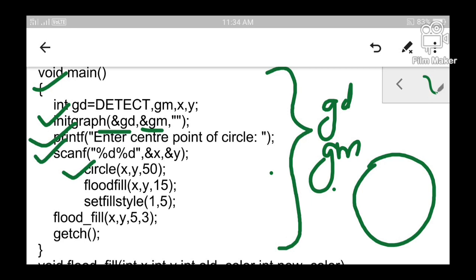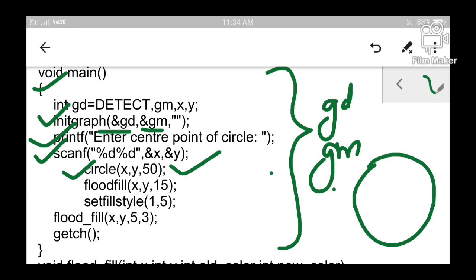Once the values of x and y are read, we can use this statement. So up to this portion we have drawn the picture. Still it's not complete. The interior of the picture should be colored using some color. So to color the interior of the picture drawn, I am going to use two functions over here. One is a flood fill function and the second one is a set fill style function.